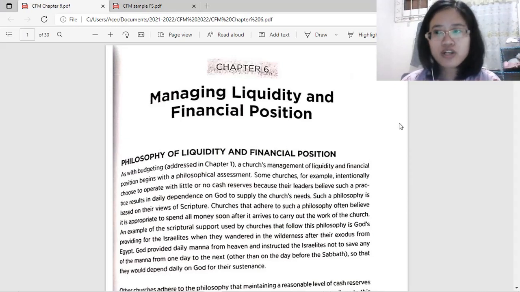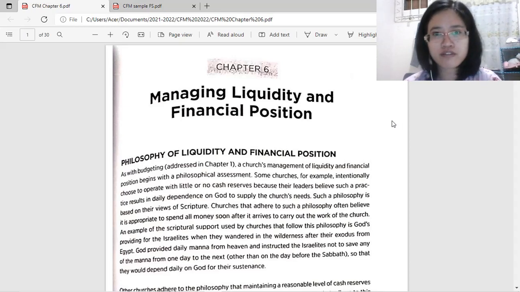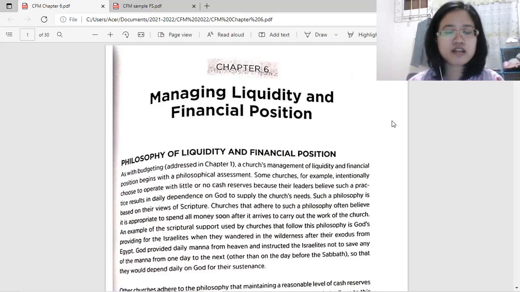Okay, so this is for the subject Church Financial Management, and the topic for Chapter 6 is Managing Liquidity and Financial Position. So let's first have a review or overview about liquidity and financial position. Okay, so for liquidity, again, it's the ability of an organization to have the available cash for operations, or for-profit